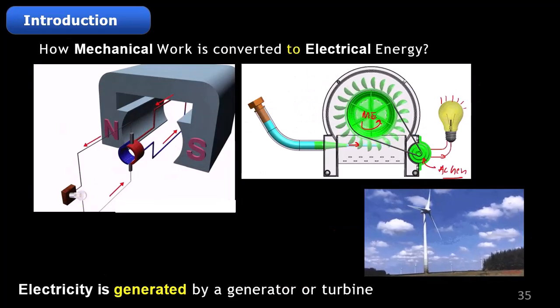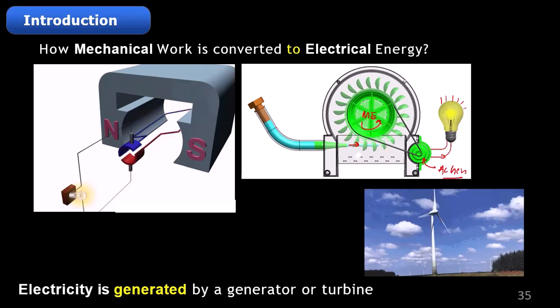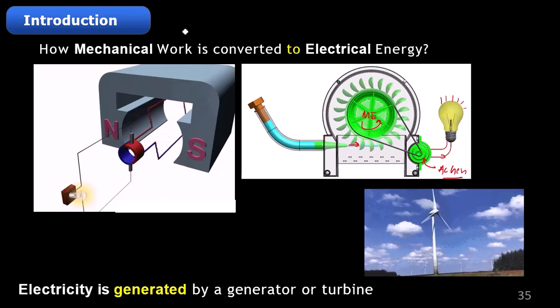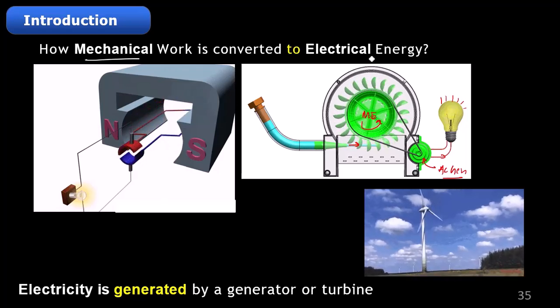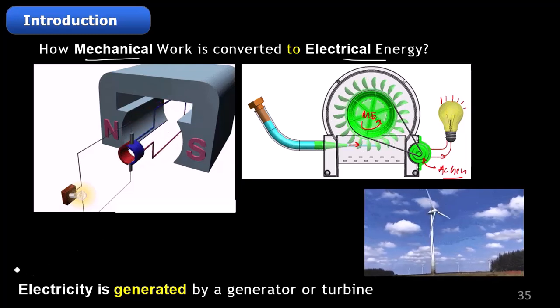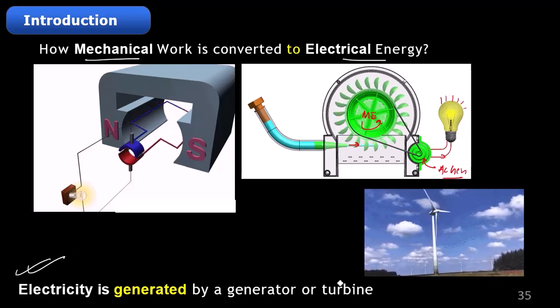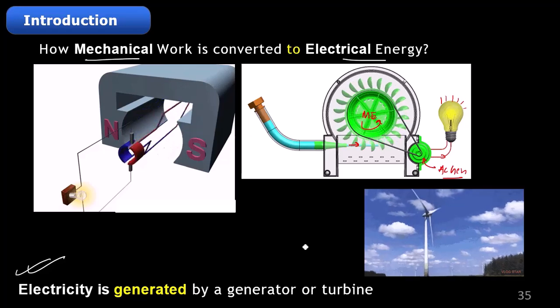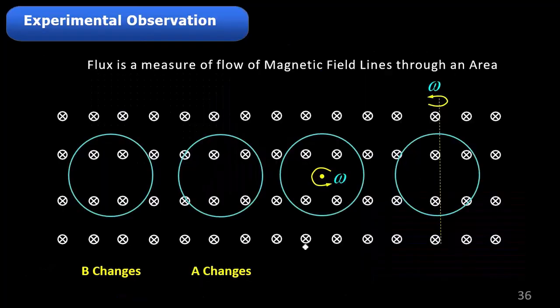So, these are the basic devices. All turbines work on this particular principle, where I convert mechanical work to electrical. Electricity is generated by a generator or a turbine, and that generator is basically our AC generator. Okay. Now, so far we understand why the requirement is essential, because I want to produce something electric,